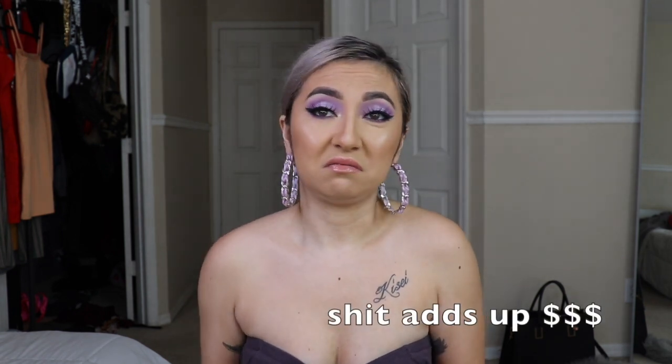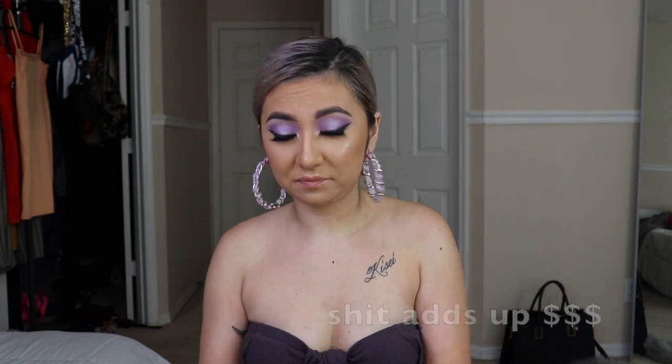I know it seems that most highlighters come in a big package, but I've had this for so long and I'm not even close to pan. You know, it's going to last you a long time. And I suggest if you're just starting out in makeup to just do drugstore and work your way up to luxury, maybe when you get a full-time job and not part-time. Or if you just don't care, I mean, do you. But I hope that helps you